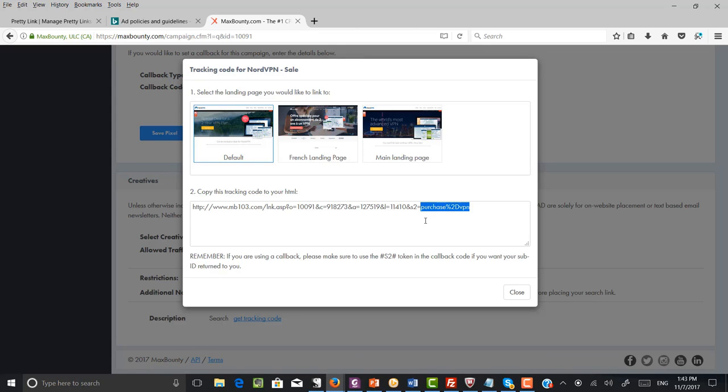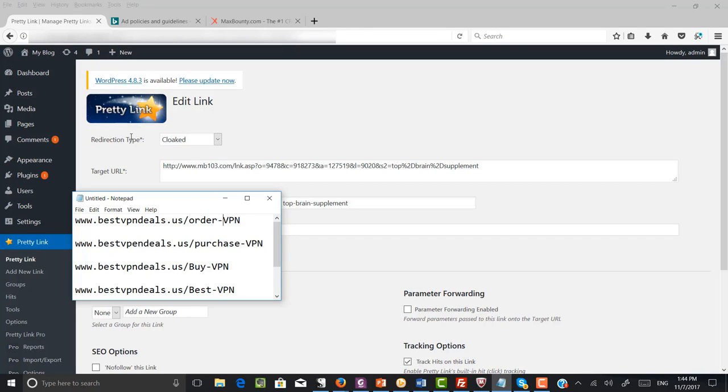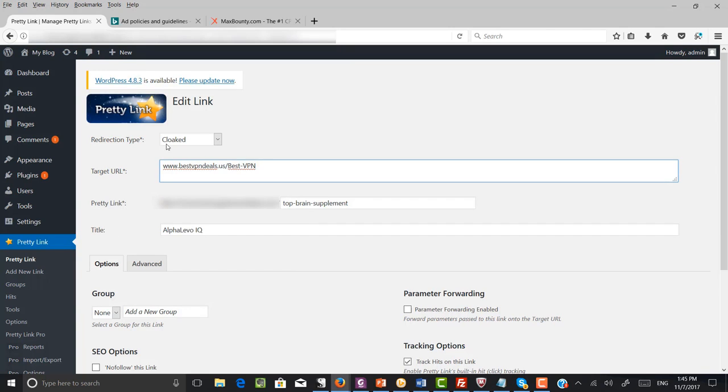So this is how you can track your keywords with literally no cost, without any need for any tracking software when you are using the direct linking method. So once you register a domain name and get hosting, you need to download and install this plugin PrettyLink, and I will be leaving a link for the same in the members area. So once you download and install PrettyLink, all you have to do is choose the redirection type as cloaked, and